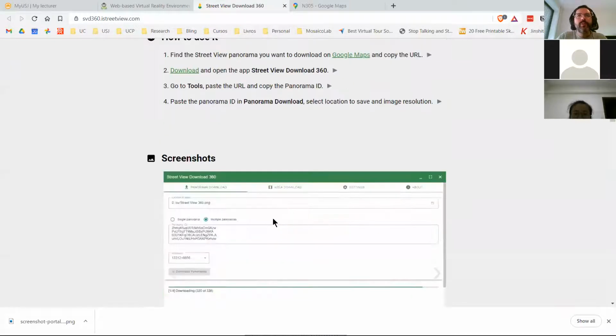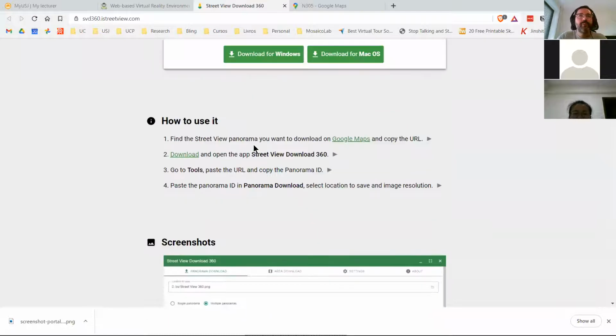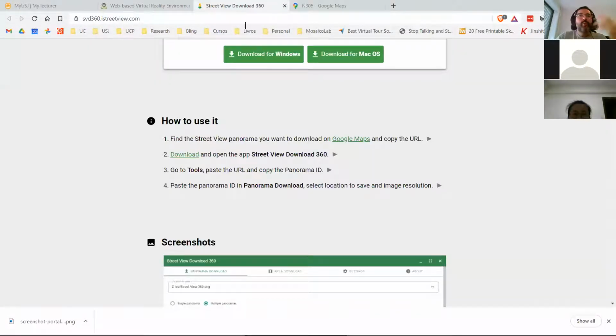In the video, where's the URL? Oh, okay. So now this is simpler. In the video, I was using an earlier version of this software, where you first needed to go to a website and paste this address, and that website would give you an ID for that panorama,